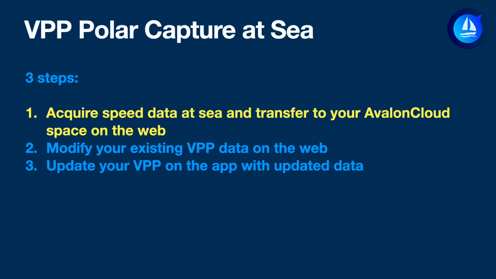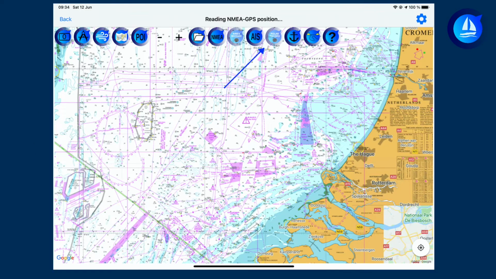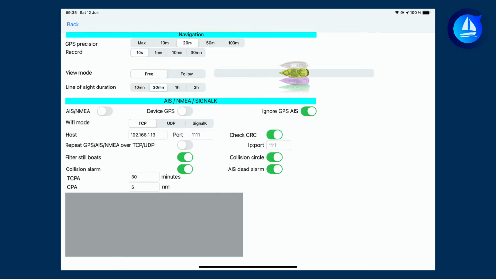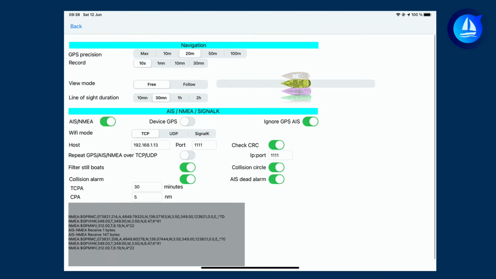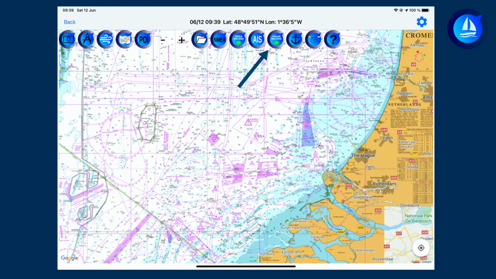When you want to record boat speed, the first thing to do is to connect Avalon to your onboard NMEA Wi-Fi box. So we go to the navigation module and then to the navigation settings. When Avalon is connected to your Wi-Fi box, messages start to appear in the gray rectangle. Please note that with version 5.2, connection to your Wi-Fi box is now automatic for the main providers of this kind of equipment.